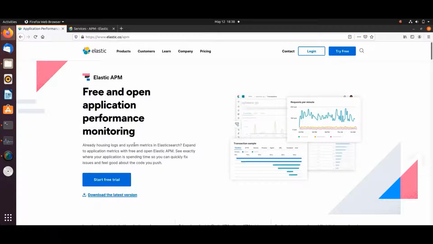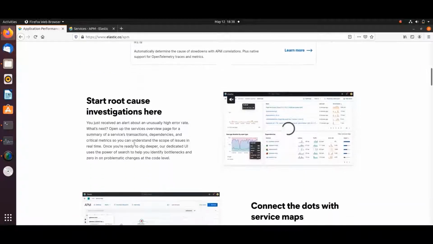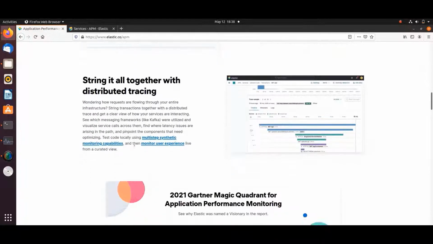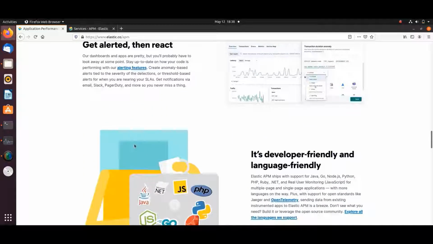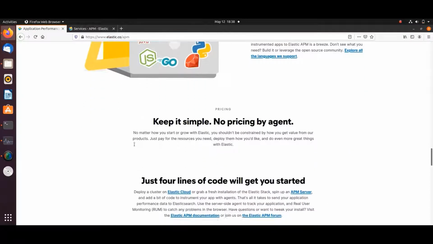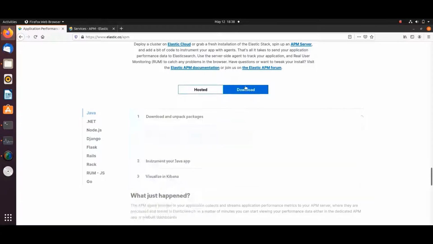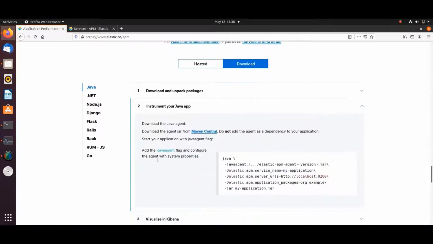Today we'll see a demonstration of Elasticsearch APM. Elasticsearch APM comes with salient features where we can do investigation, service maps, distributed tracing, machine learning, and alerting. It comes with some of the supported platforms like Java, .NET, Node.js, etc. This can be used in a hosted environment as well as in a localized setup where we instrument a few lines